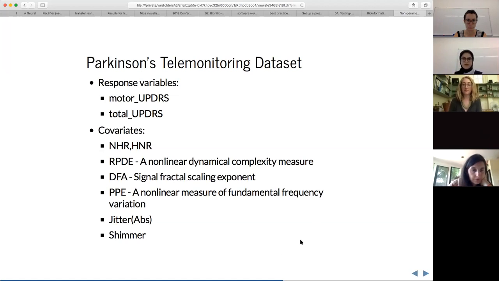And it's doing many different measurements. Some of the measurements are linear, like jitter and shimmer. This is just a toy. It's not a toy example. It's a real data set, but